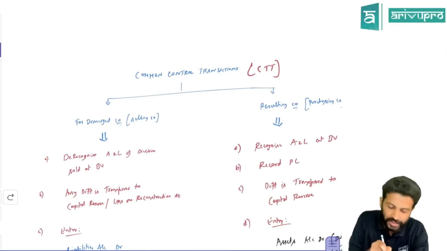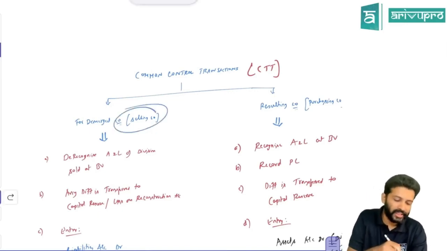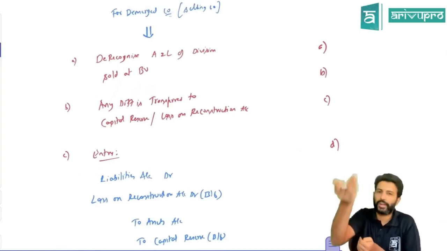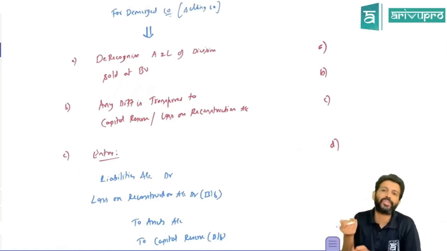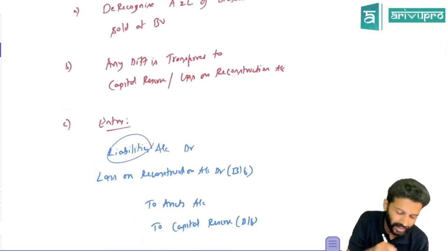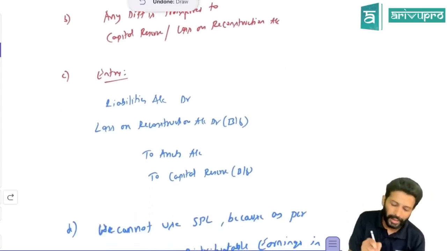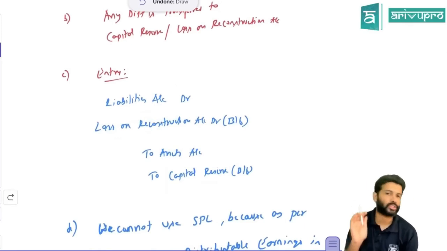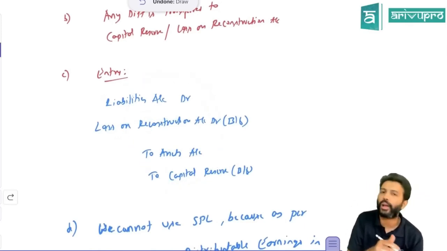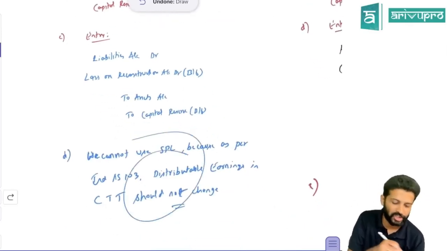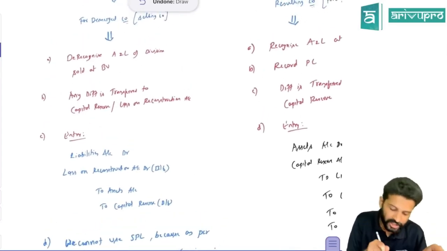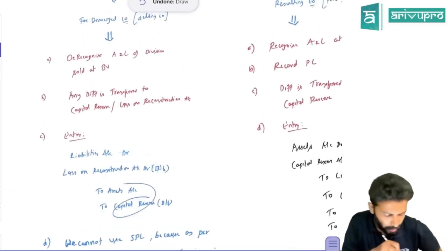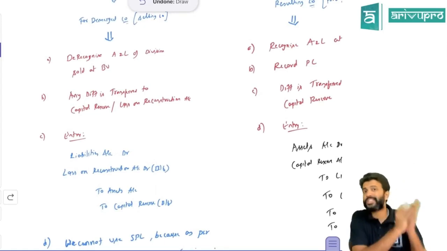So in case of a division sale, what will the selling company do? They will derecognize all the liabilities and assets. Liabilities have credit balance, you will debit it to cancel. Assets have debit balance, to cancel it we will credit. So the journal entry will be liabilities account debit to assets account. Balancing figure you transfer it off to capital reserve account. And on the debit side, if it comes, you can use loss of reconstruction. We can't use P&L account here because due to this particular transaction, distributable earnings should not change. So this adjustment will be done through capital reserve only. Ideally it will match, but if you're getting any balancing figure, put it off to capital reserve. This is for the selling company.